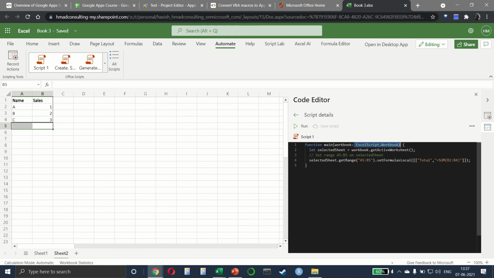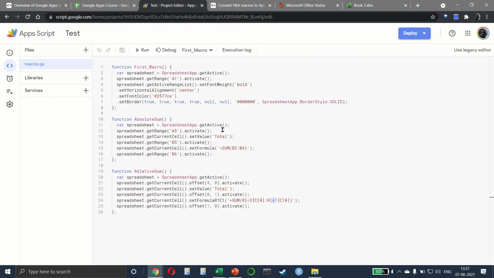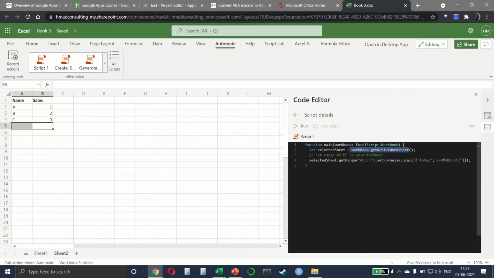So we're selecting the Excel workbook. Then we're saying that the selected sheet is equal to workbook.get active worksheet. If you compare it, you will notice that it's quite similar. Here you're saying that spreadsheet app.get active, and here we are saying workbook.get active worksheet.